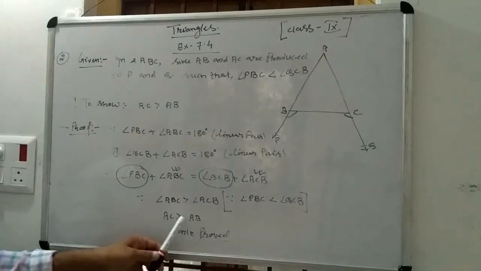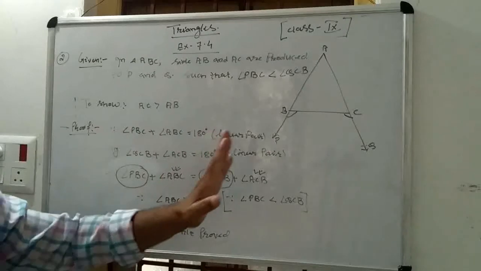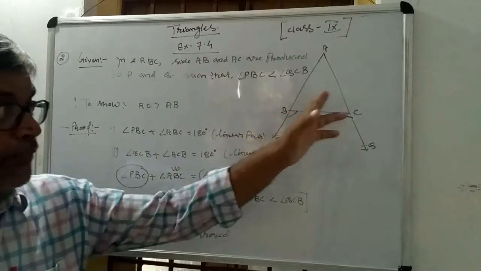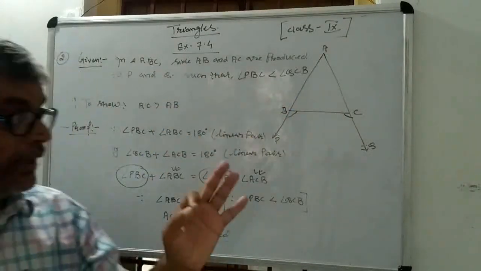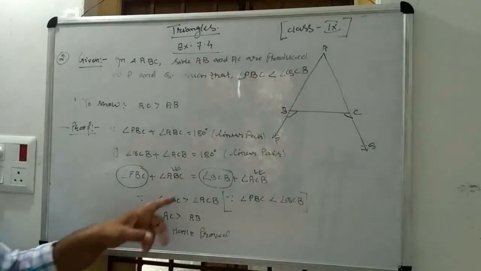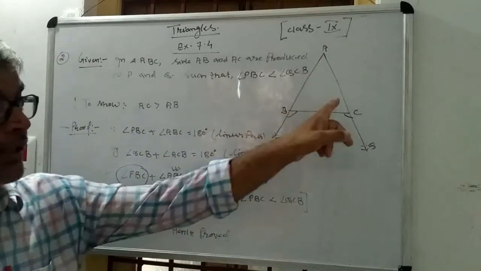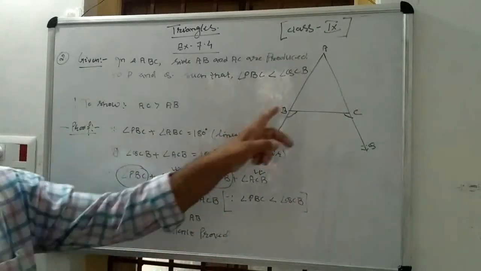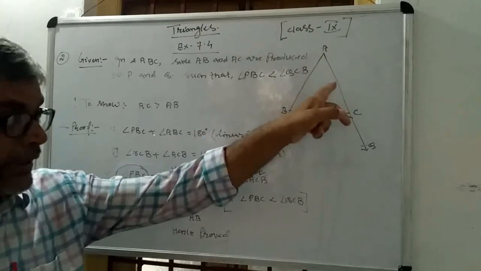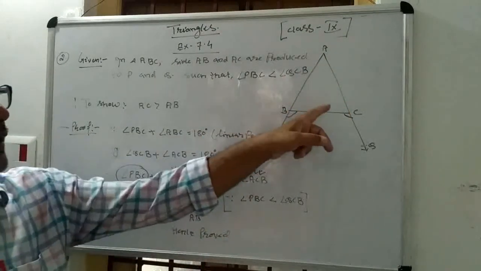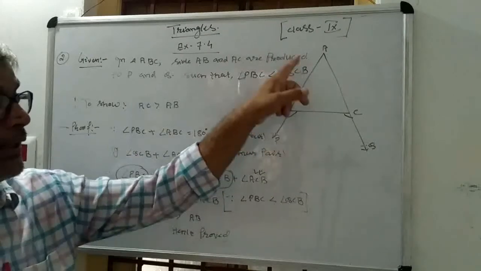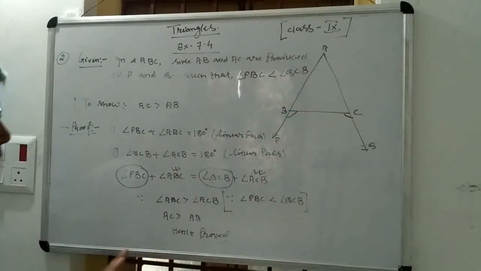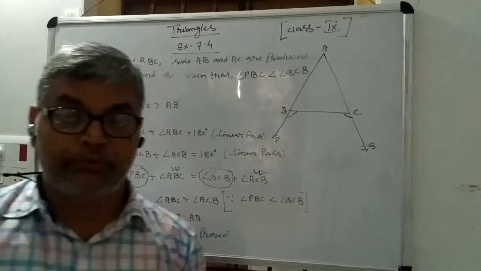This was to be proved by the properties of inequalities in triangles. We know that the side opposite to the larger angle is the larger. So angle ABC is larger than angle ACB in triangle ABC. So the side opposite to angle ABC is AC. So AC will be greater than the side opposite to angle ACB, that is AB. So in this way this question has been completed. Let's see once again how we have solved this question.